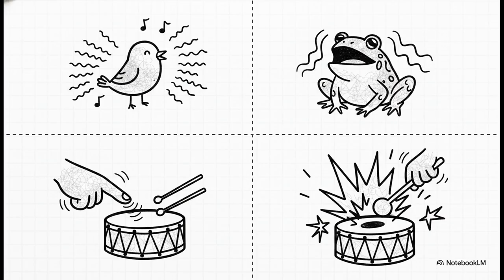Now look at volume. If you take a drum and just gently tap it with your finger, the drum head barely moves, right? It creates a small vibration, which gives you a soft volume. But if you take a heavy drumstick and absolutely bang that drum as hard as you can, the drum head physically moves up and down a significant distance. That's a big vibration, which creates a loud volume.